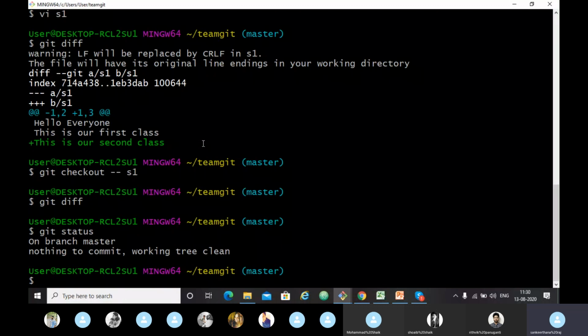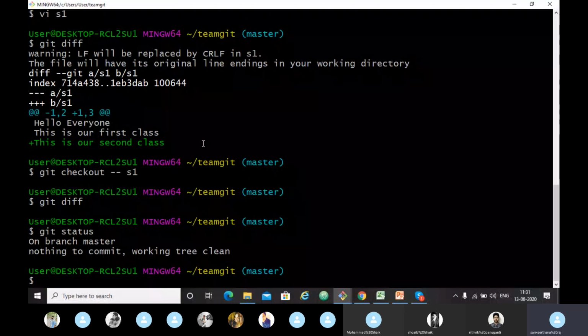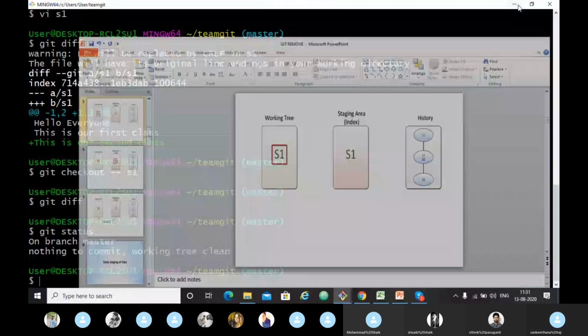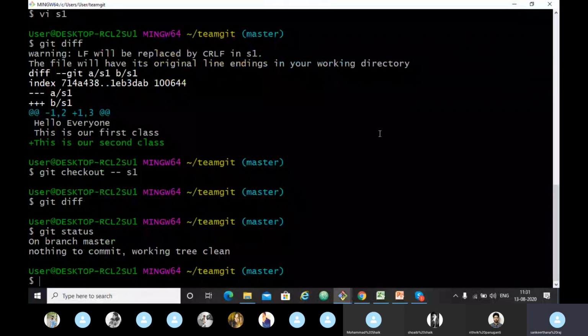So now we can't recover the change. Whatever changes we have made to files, we can't recover them again. Only the first time we can change it. After that, we cannot replace it because it will not be stored in the history. Means we are still working in our working tree and the staging area. We haven't made our commit to the history yet. So if we change something between these two, the changes cannot be recovered because they are not committed to the history in the .git subdirectory.